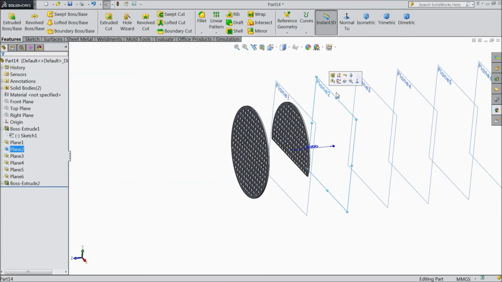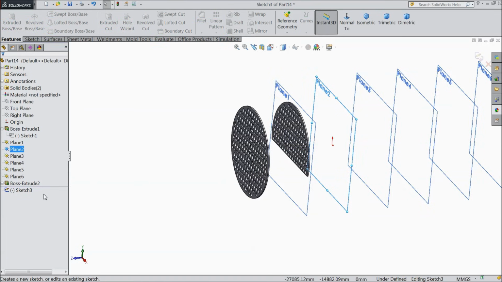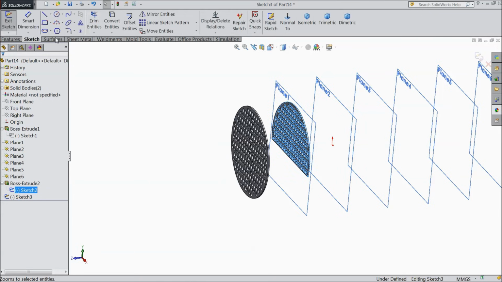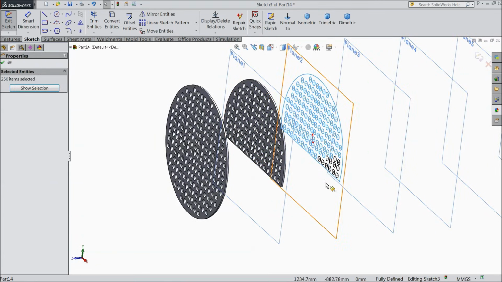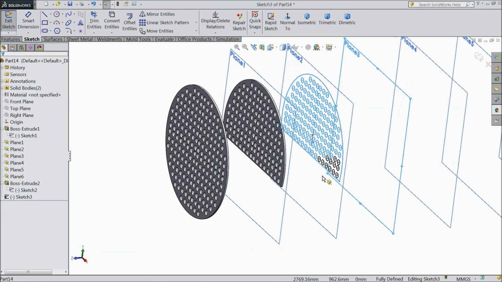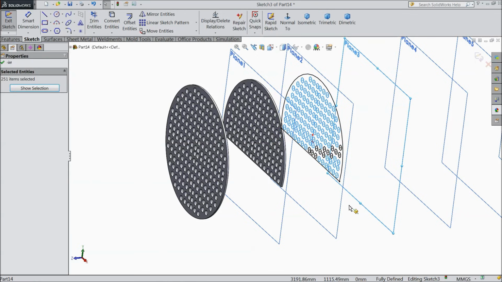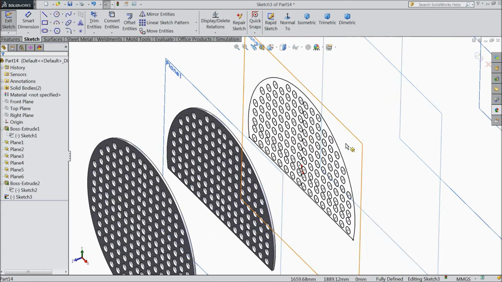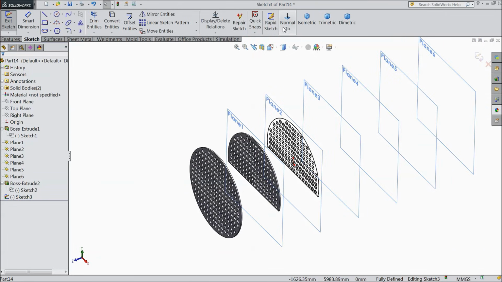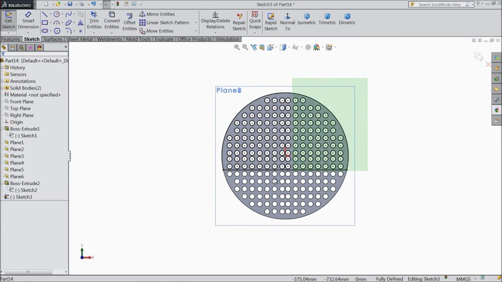Now select plane 2, sketch. Now select previous sketch, convert entities. Now select all this geometry. Choose normal and do one thing, just select all.